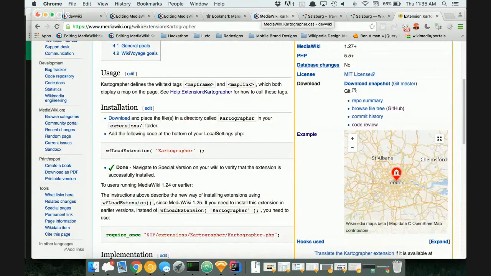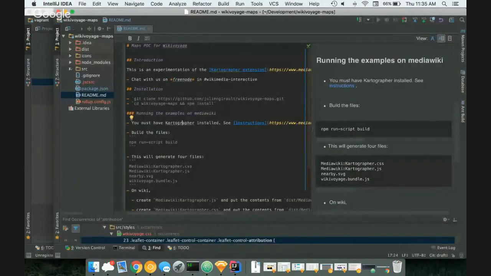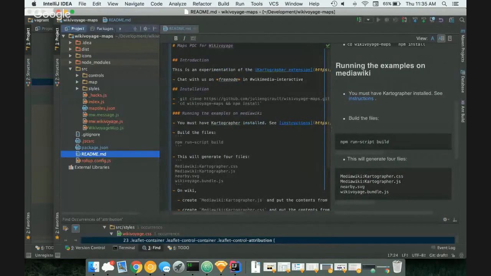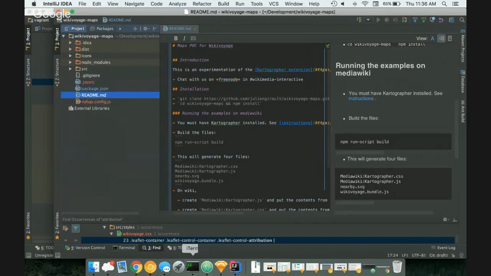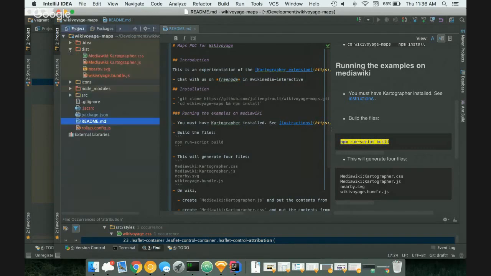Recently we added some hooks you can listen to, and that allows you to add some customization on the map. So for Wikivoyage, I listened to those hooks, and I created a small repository, which is like this. In source, you have a bunch of JavaScript files, and then you have some controls. Here you have a control for that nearby button, or you have a control for the layer switcher, and you have some basic classes. Then you can run some commands like npm run script build, and it will output a few files. For now there are 4 files, but later it will be a bit cleaner, and it outputs mediawiki cartographer.js